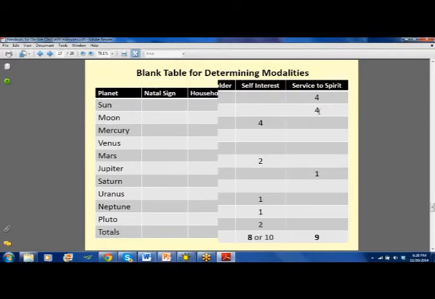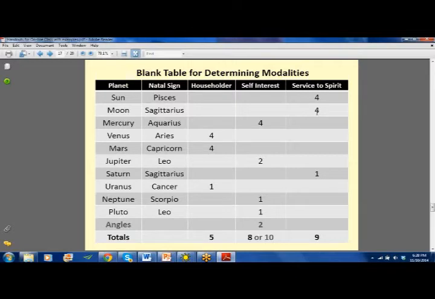And again, in the modalities, Mercury in Aquarius, so 4 points for self-interest. Venus in Aries, 4 points for the householder. Mars in Capricorn, 4 points for householder. I will say what householder means in a moment. Jupiter in Leo, 2 points for self-interest because we give 2 points to Jupiter wherever Jupiter is. Saturn, 1 point in Sagittarius, Uranus, 1 point in Cancer, Neptune, 1 point in Scorpio, Pluto, 1 point in Leo. And then I did, on this one, add the angles